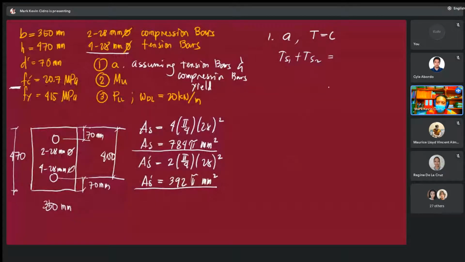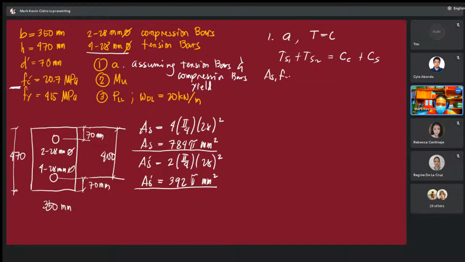TS1 plus TS2, and your C is also two parts, right? The compression from concrete plus the compression from steel. Okay, TS1, this is